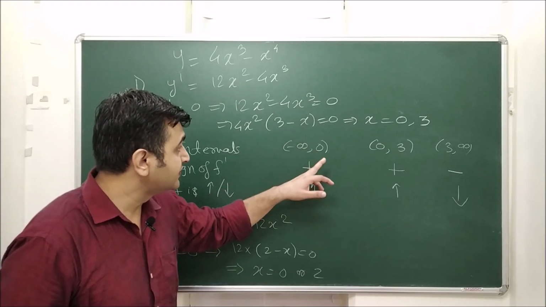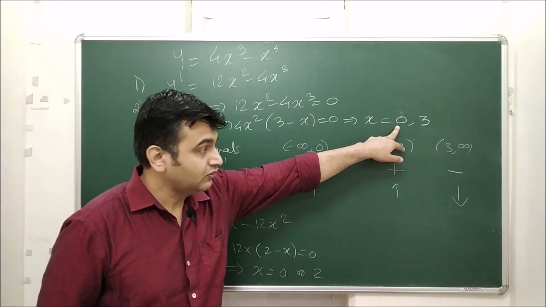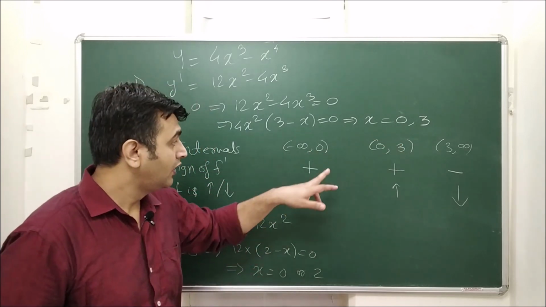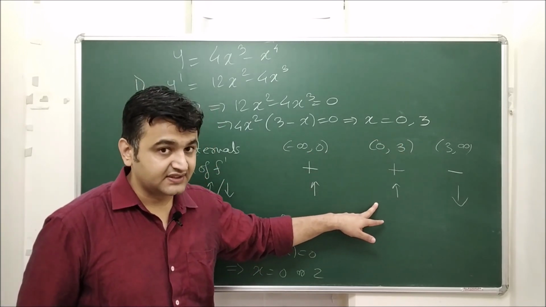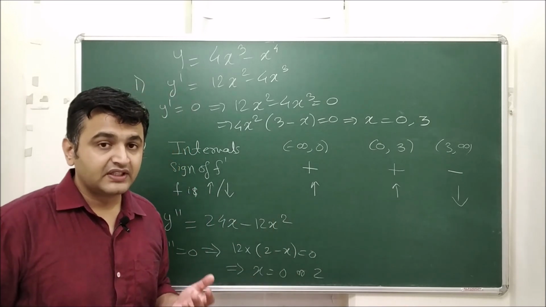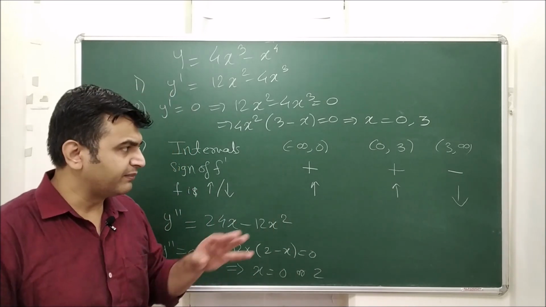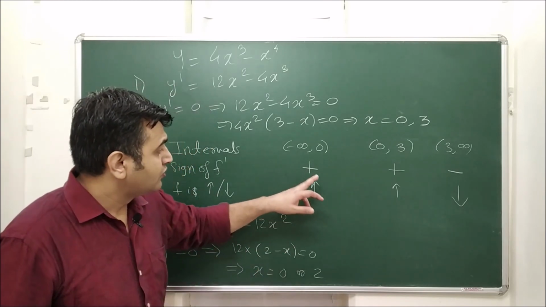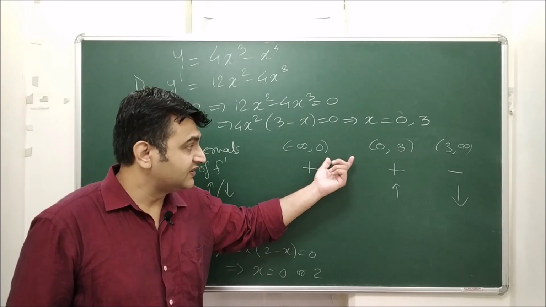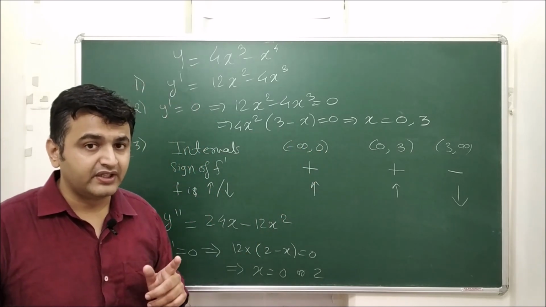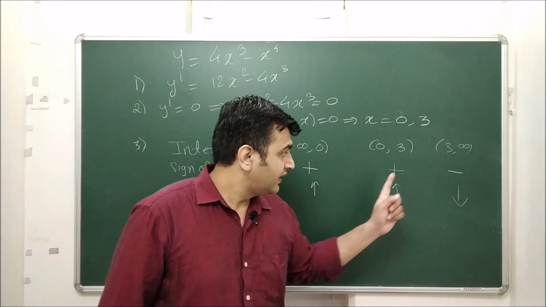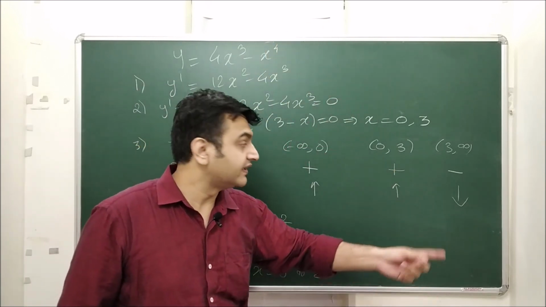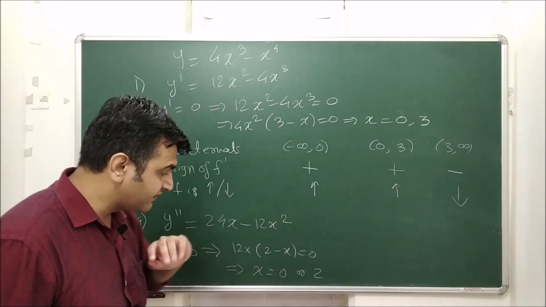Now, one more thing, observe f dash is 0 at 0, but do we have maxima or minima at 0? Local maxima or local minima? No, because f dash is not changing the sign. So therefore by the first derivative test for local extreme values, again, whatever phrase I am using, if it is not clear, please see my earlier lectures. So here there is no change in sign, therefore at 0 you are having neither local maxima nor local minima. And what can you say about 3? It is increasing and then decreasing. That means we will have the maxima at 3. That's just an observation one has to make.